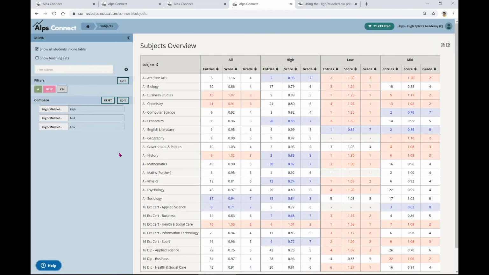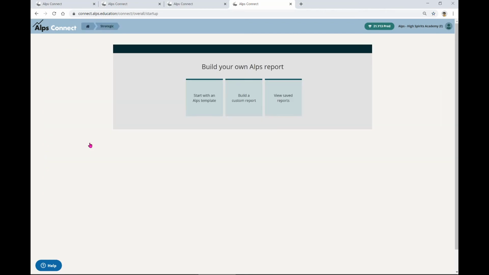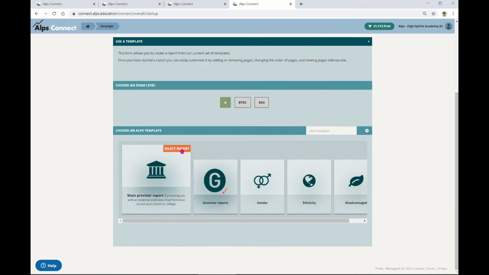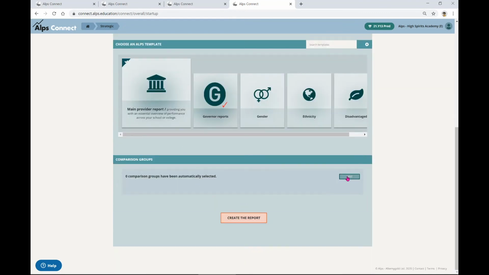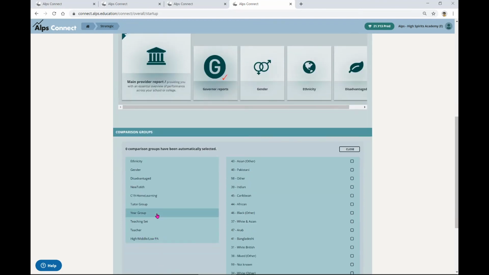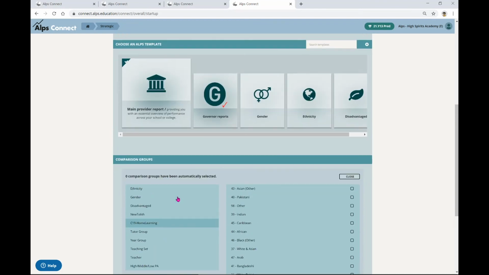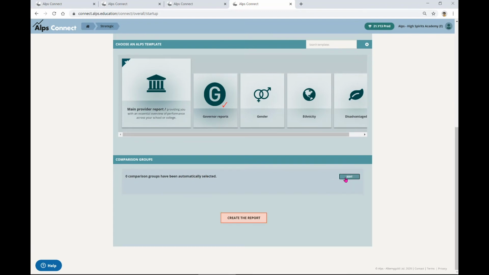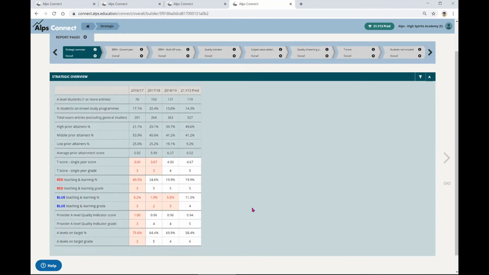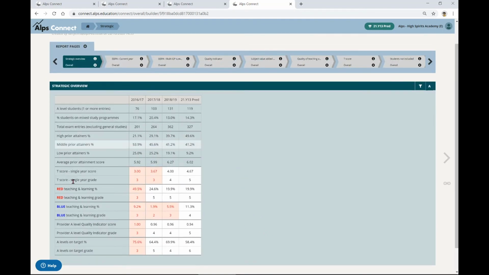So what is also interesting then is to see what this looks like in the strategic section. I can look at that analysis by going into strategic and looking at the same sort of thing here. So if I click on the A level, in here I can, if I wish, apply any of these filters that we've got set up, high, middle, low, within that. But if I don't do that and just go straight into the report, what we're seeing here then is our strategic overview.